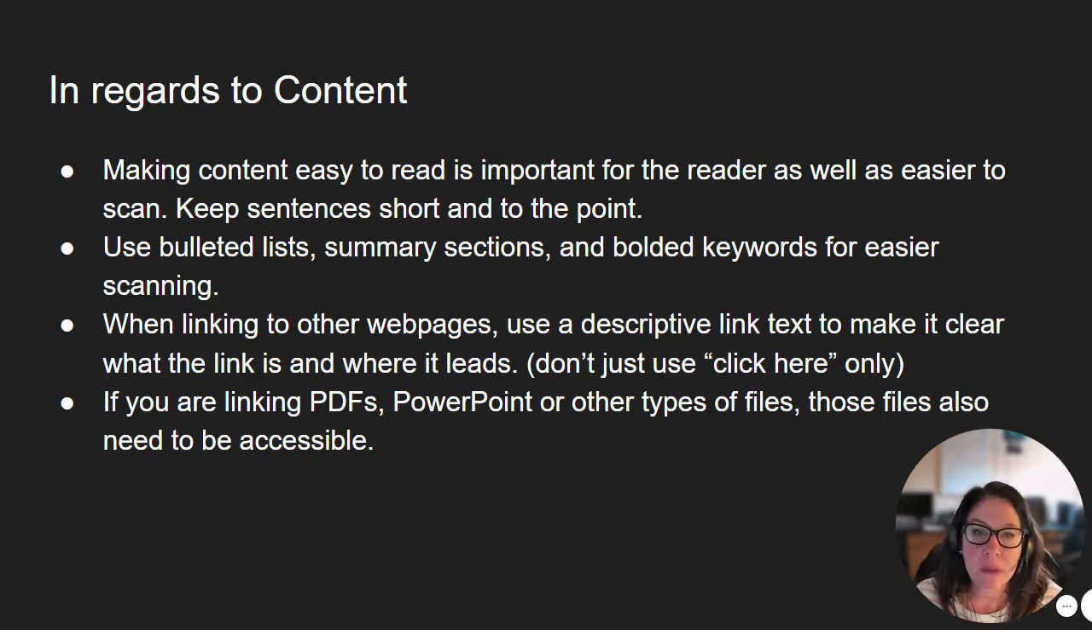If you're linking to other web pages, you need to use a descriptive link to make it clear where that link is going. So rather than just say, click here, and highlight that as the link, you want to say, click here to view the article on the Citizen's Voice, or click here for information regarding the dates and times of this event. Additionally, if you are linking any downloads, PDFs, PowerPoints, those items also need to be accessible